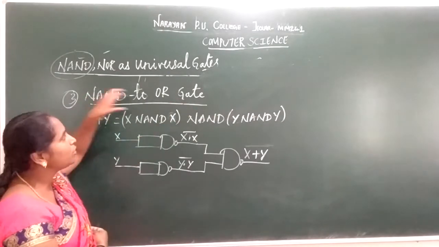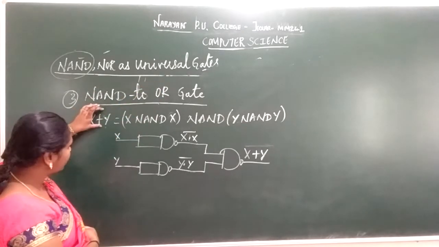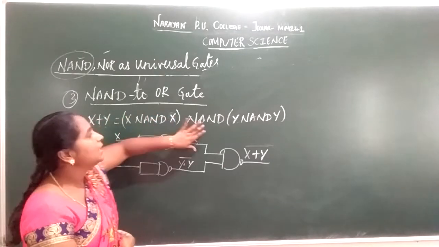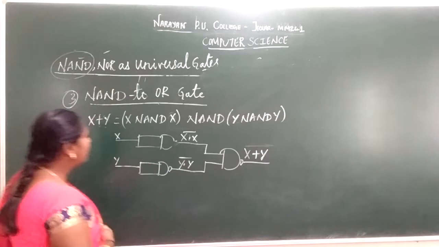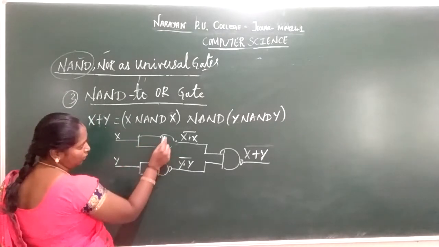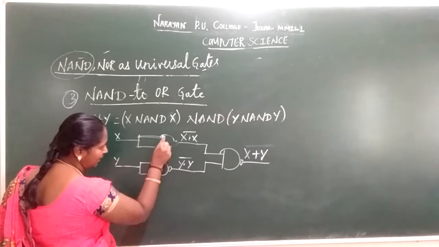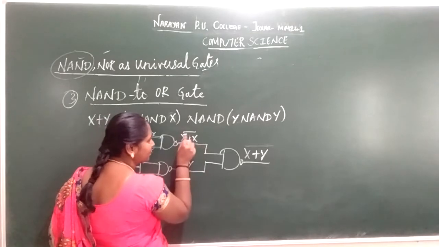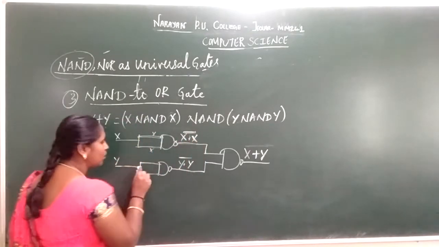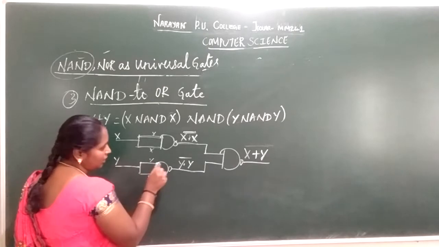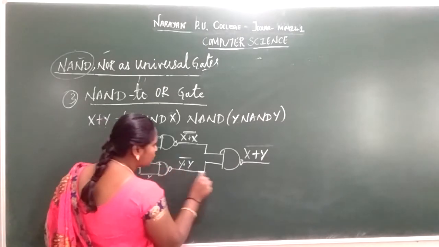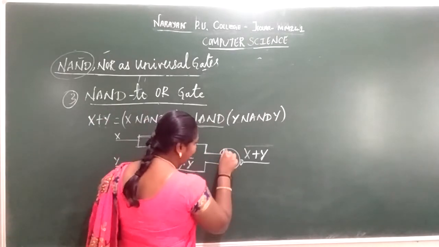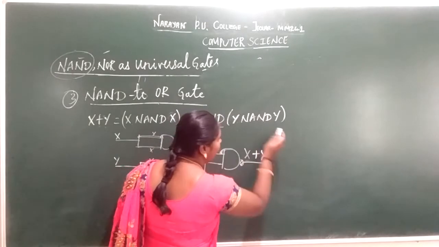With the help of a NAND gate, how we are going to implement an OR gate. So x plus y is my expression of an OR gate. So x plus y can be written as x NAND of x, NAND of y NAND of y. So x NAND of x means I am giving the input 2 times. So I have used one NAND gate, here it is taken as x into x, and when given to a NAND gate it becomes x dot x bar. So here y is given as the input, taken as 2 inputs in an AND gate, that is y into y the whole bar. So again this should be implemented under a NAND gate, my result is x plus y.